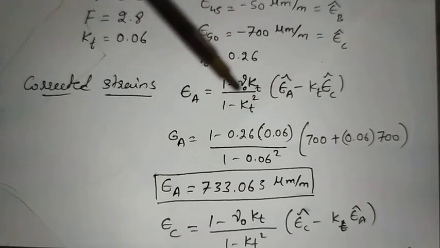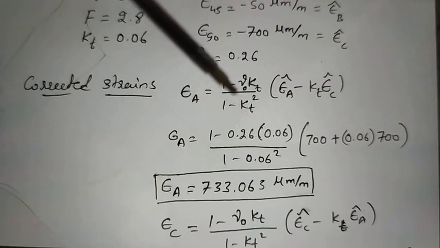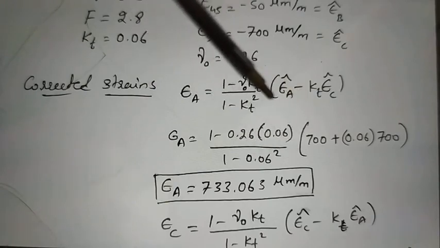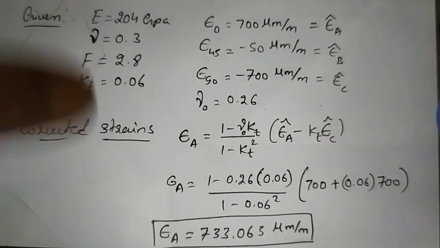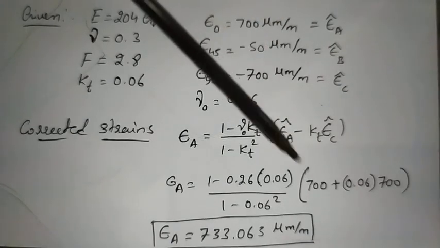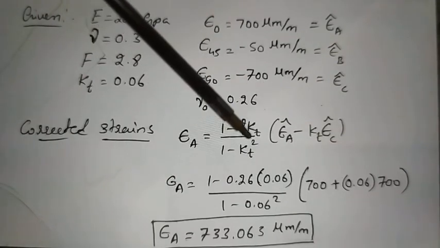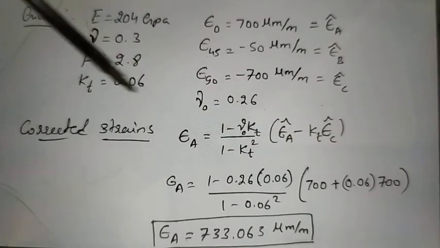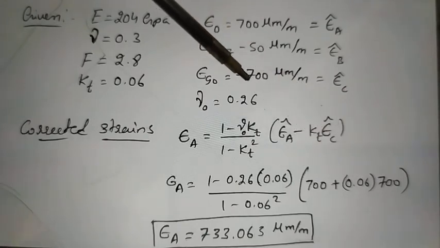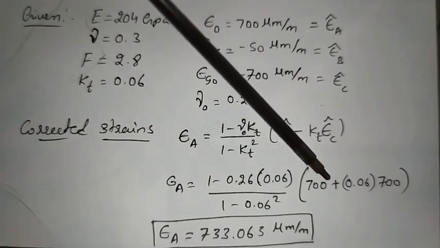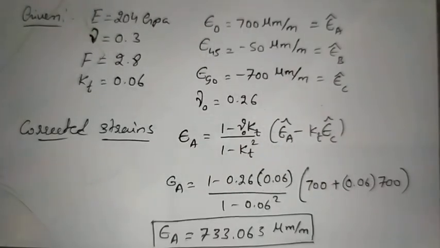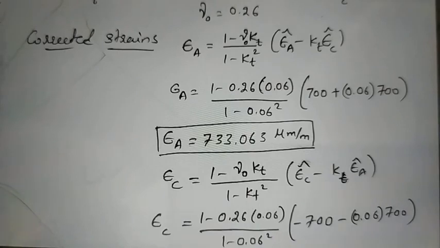So what we do, we just substitute the values. We know nu naught is 0.26, kt is 0.06, and epsilon A cap, the measured value, is 700 microns, and 0.06 is the kt value which is given here. Similarly, epsilon C cap is minus 700, so the sign is going to change and it will be positive. You substitute the values, and similarly you are going to get epsilon A, that is